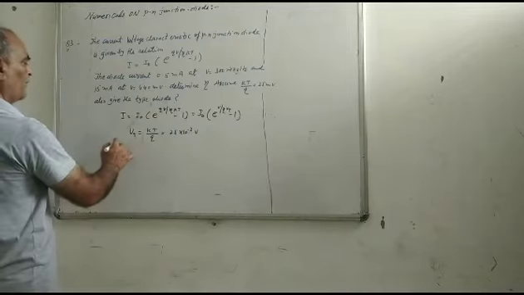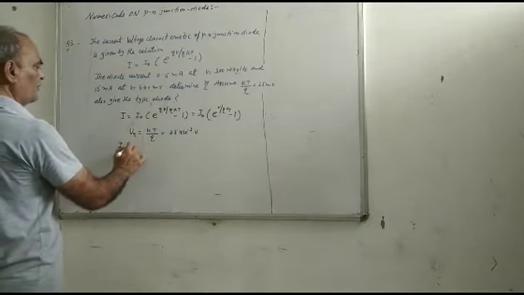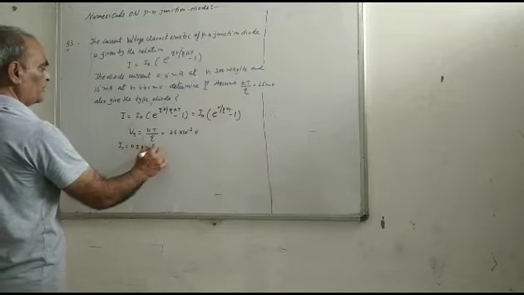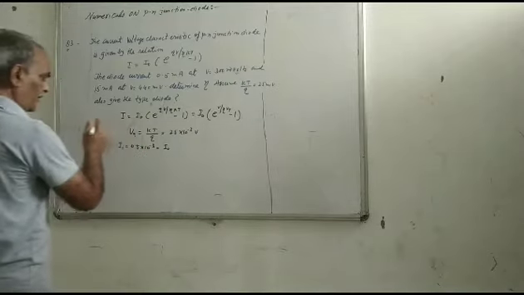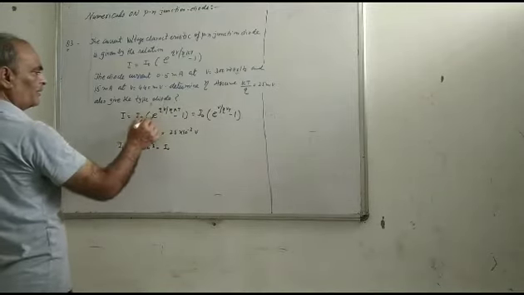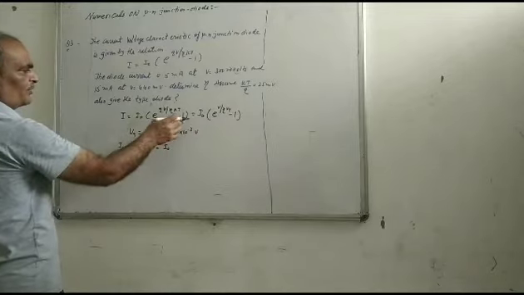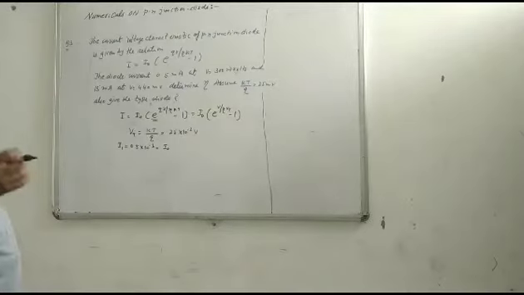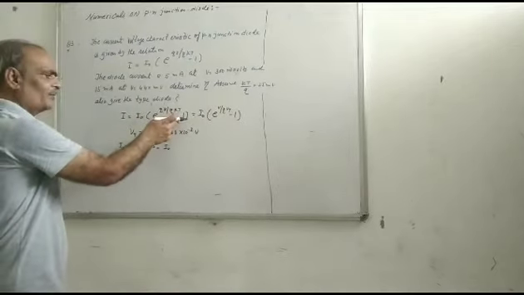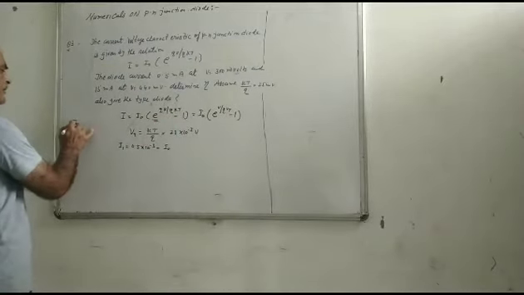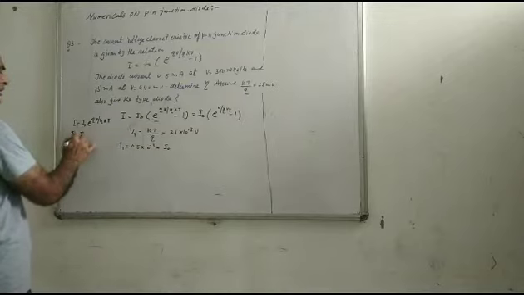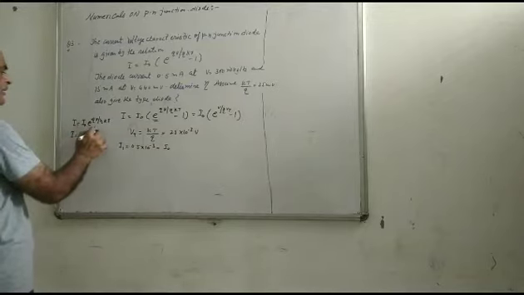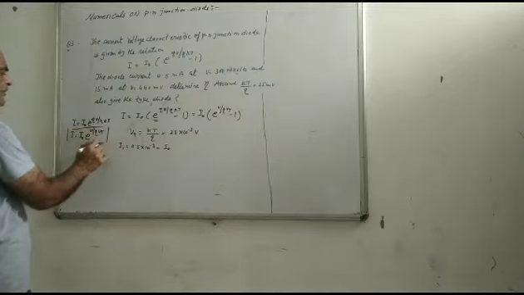And I1 in the first case is 0.5 milliampere, 10 to the power minus 3, is equal to I01. As the value of this portion is very large, I0 is a very small value in microampere, so we can neglect 1. The formula now becomes I0 e to the power QV upon eta KT, and this we can write as I0 e to the power V upon eta VT. This is now the standard formula.